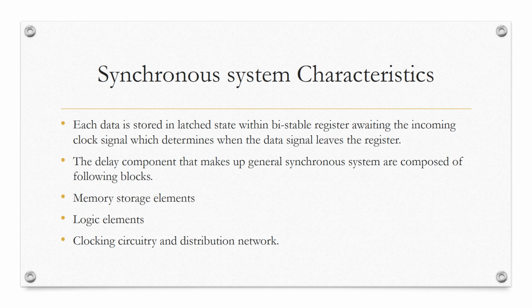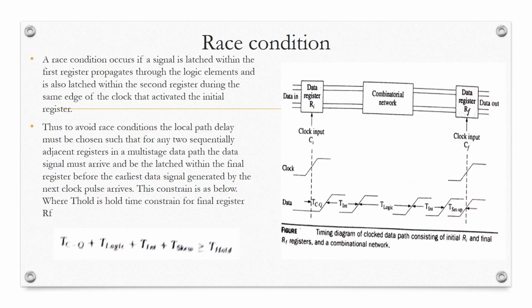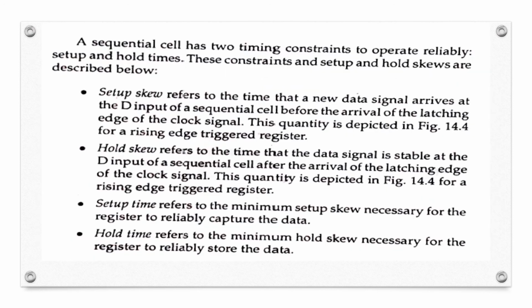So now we will start another chapter, which is known as synchronous system characteristics. We'll discuss the characteristics mostly related to the clock signal. So what are the characteristics? You can see here we will be discussing setup and hold timings, race condition, and how it is to be taken